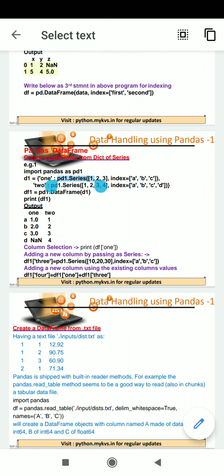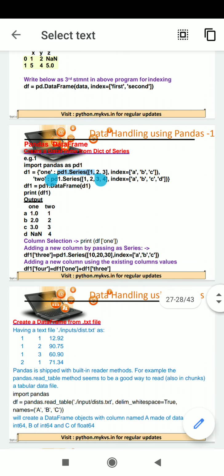Students, it's useful when we have already created series, we are having multiple series. Now with the help of those series, we want to create a data frame. Each series will represent a separate column.